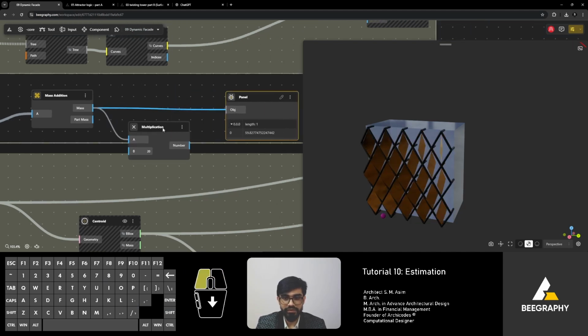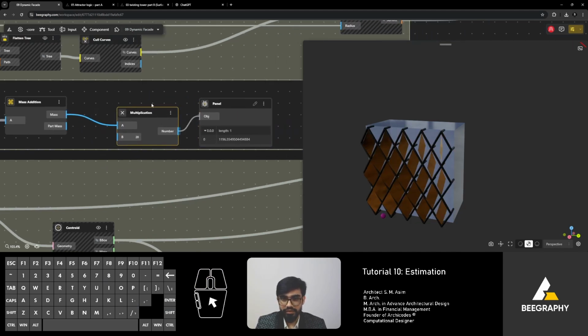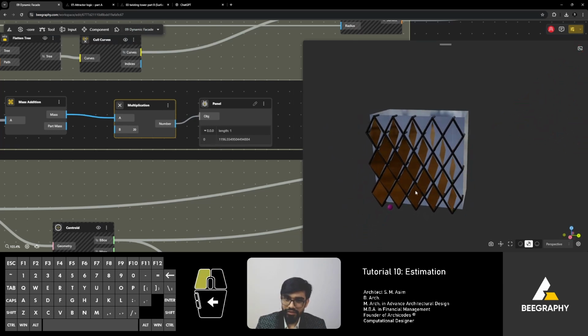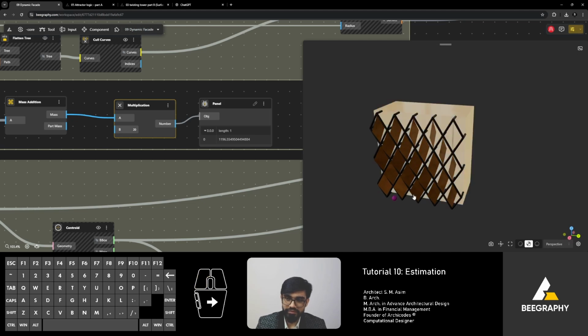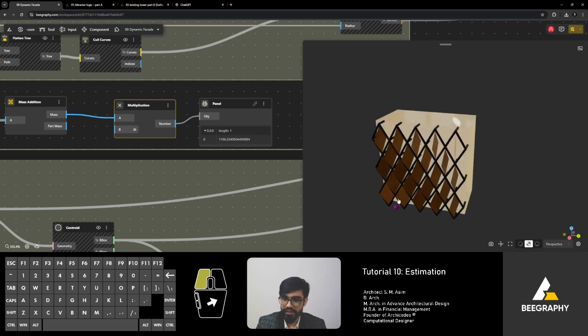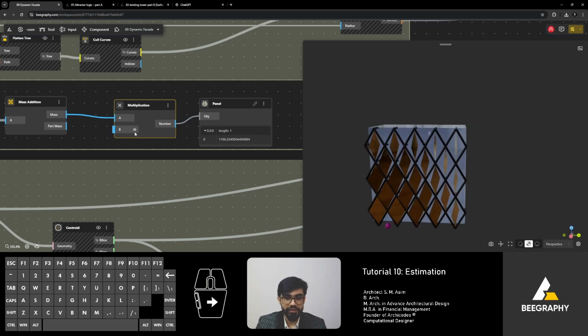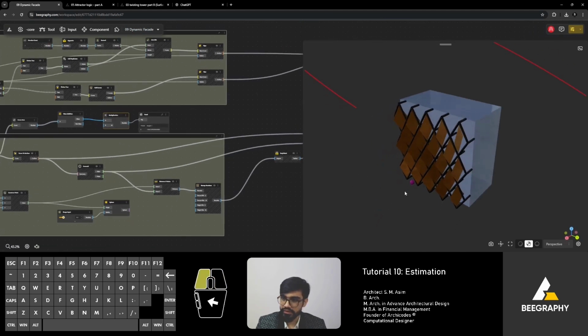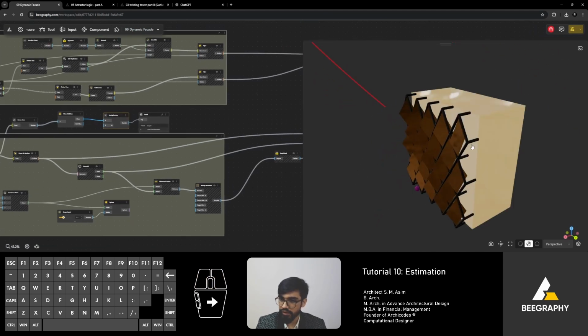Wow, this is even quicker. So we've got $1,200 for the material if this is 12 mm thick, and we calculated through square feet rate, $20 per square feet. And with regards to the pipe, we've got